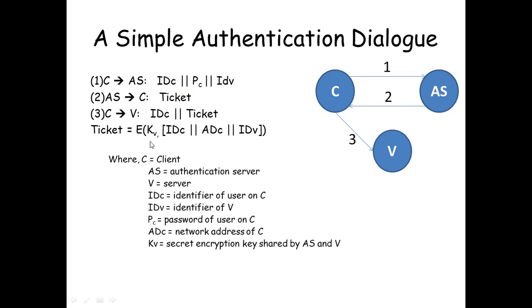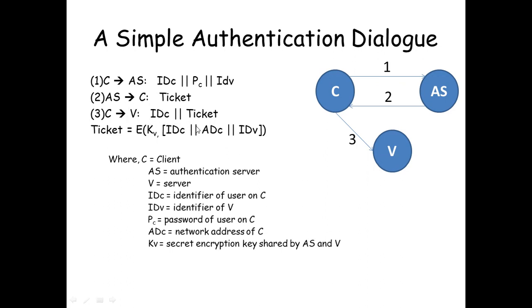This ticket is in encrypted form. It is encrypted with the key KB, which is known only to the authentication server and the actual server. So it cannot be decrypted by the client. It can be decrypted only by the actual server. And this ticket will have the identifier of the client, the address of the client, and the identifier of the actual server. Once the client receives the ticket, it will request the actual server by sending its identifier